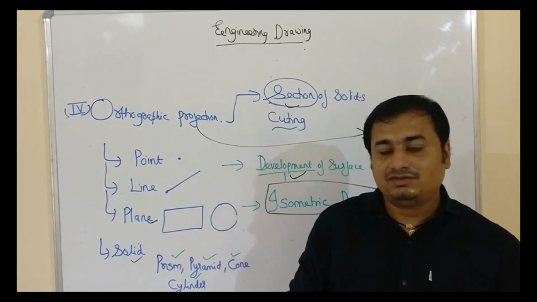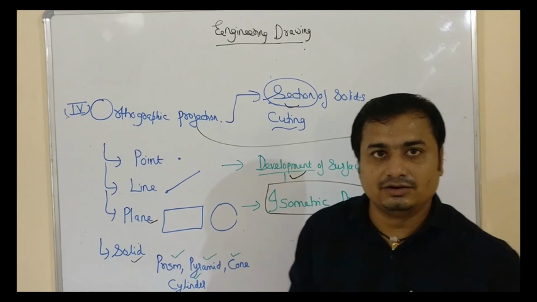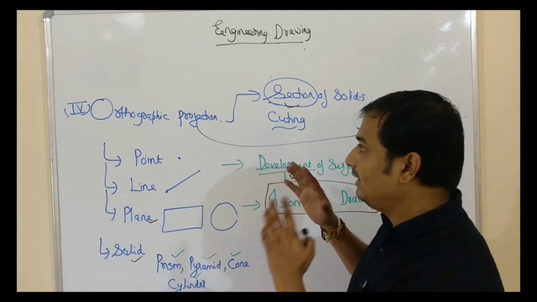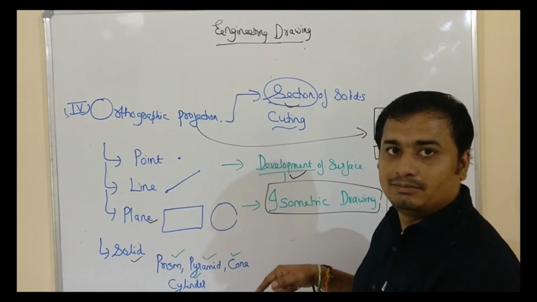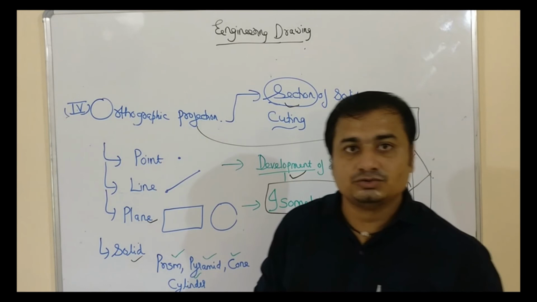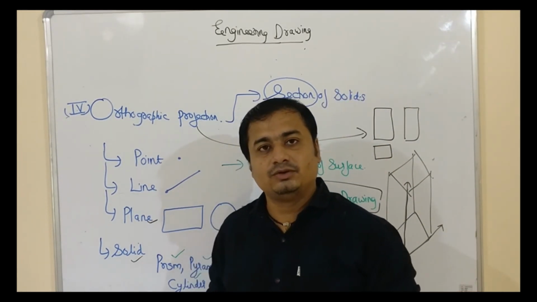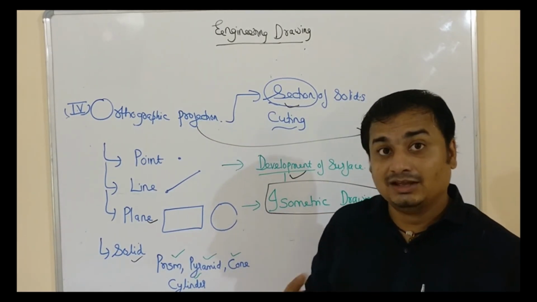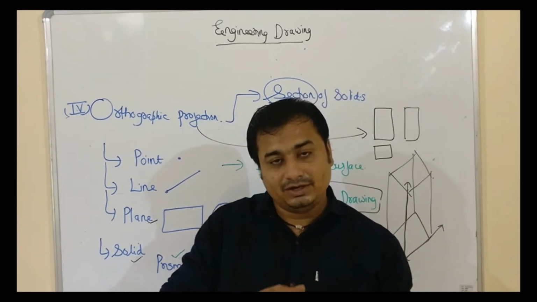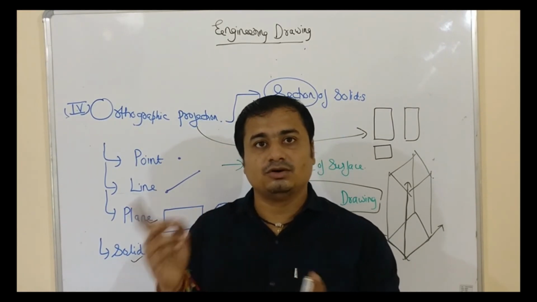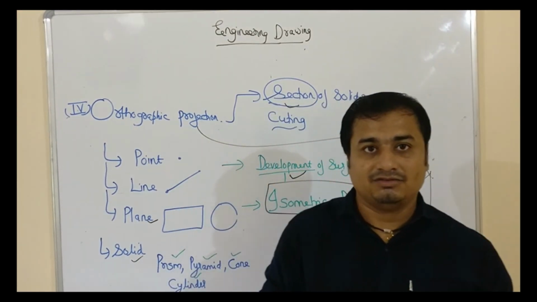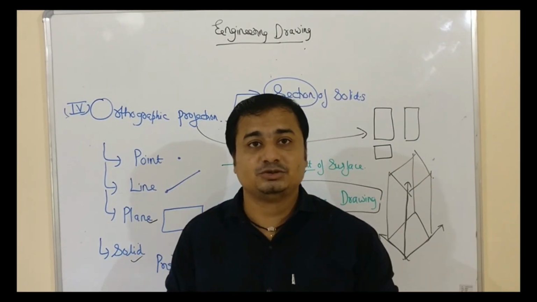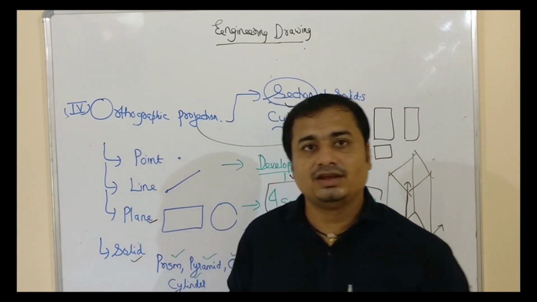Again, at the end, after going through the entire syllabus of engineering drawing, we will be going through AutoCAD, what are the commands used in AutoCAD, and all the drawings which we will be drawing manually, we will be drawing that same drawing by using AutoCAD, and that will be done at the end. First, we have to draw all the drawings manually on a sheet by using the technical instruments.